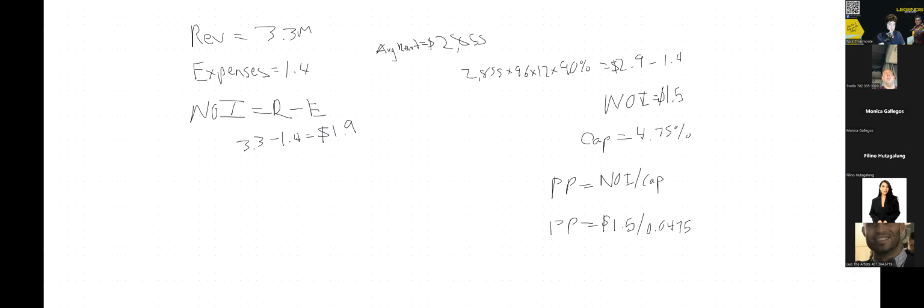And when you do that, 1.5 divided by 0.0475, you get a purchase price of